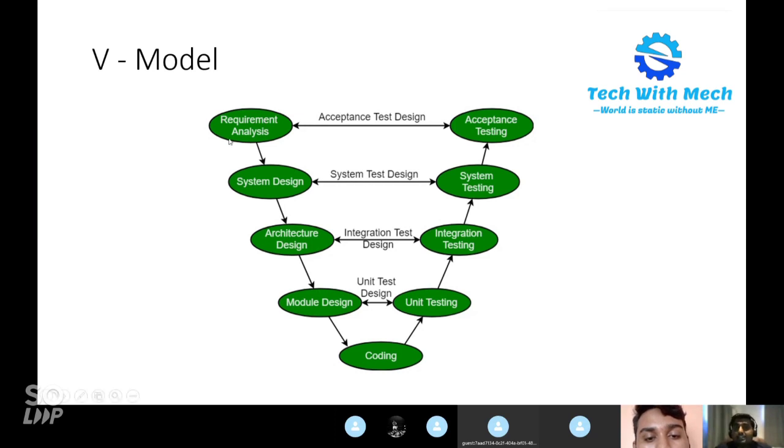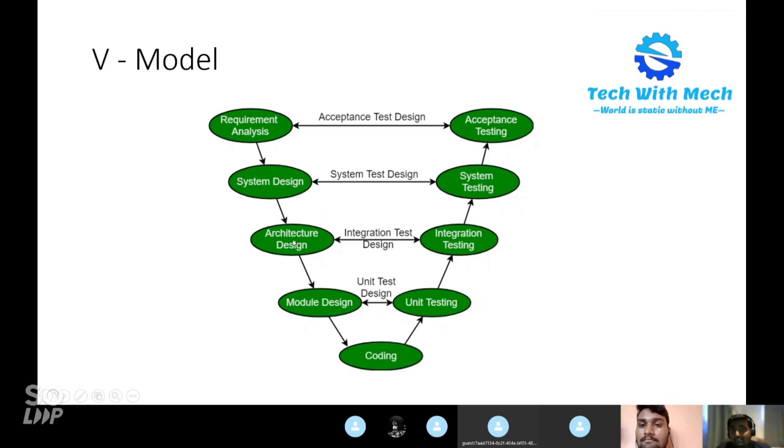For example, the requirement analysis is more about what the user or the client has given as requirements. Those requirements will be the initial analysis. From those requirements, they generate a new set of requirements based on the system design, how the system needs to work. So the whole system design, how it needs to work, what all the interactions need to happen, what the positive cases are, what the negative cases are, everything they will plan in the system design.